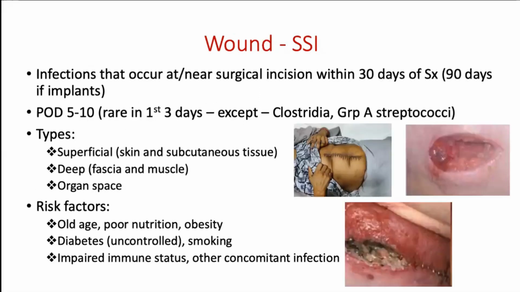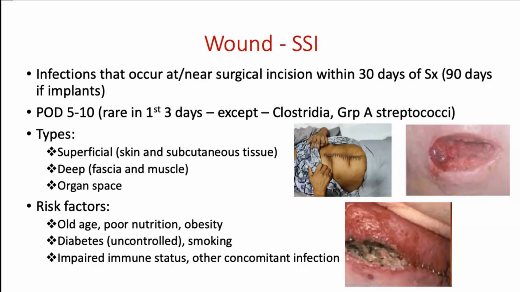The third W is wound, that is superficial or deep surgical site infection. Infections that occur at or near surgical site within 30 days of surgery, or within 90 days if there have been implants, especially in orthopedic surgery, are termed surgical site infection. It usually manifests on POD 5 to 10. However, it may manifest in the early period, like within 1 to 3 days, in infection with Clostridia or group A streptococci. So these patients are usually infected prior to the surgery and they manifest in the post-operative period when